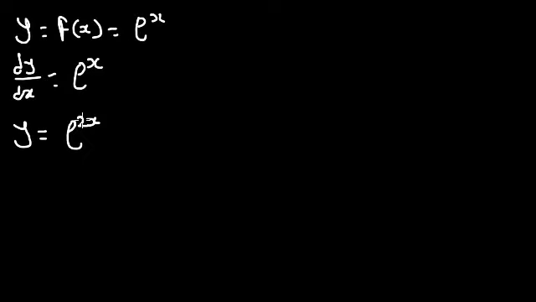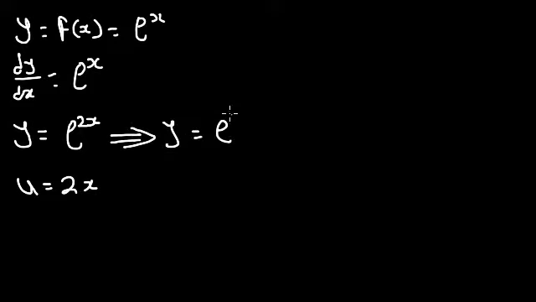Well, basically, we can set the entire 2x to be equal to some other variable. So let's consider it to be u. You can use any letter, but it's highly recommended to use u, as that's the most often used variable for substitution. So now if u is equal to 2x, we now have y equal to e to the power of u. Now we can apply the chain rule at this point. We can differentiate y with respect to u, and at the same time differentiate u with respect to x. Upon multiplying dy/du and du/dx,